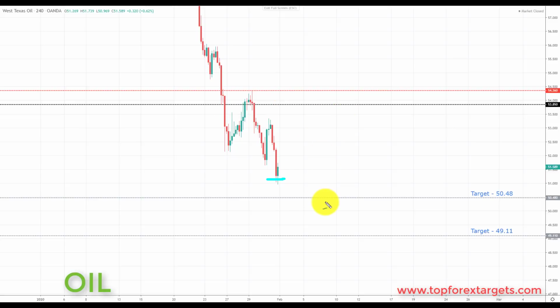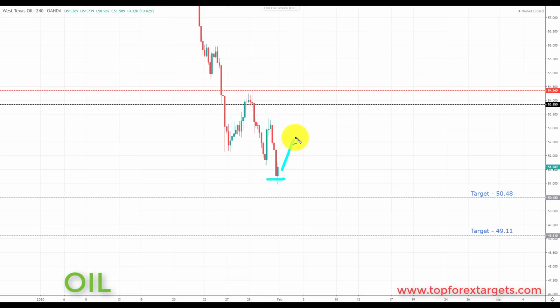This market is structured to the downside, and we're also seeing this sell-off in oil again due to a perceived or expected lack of demand, or lower demand, coming out of China. Oil as a commodity, as well as copper, is generally considered a barometer of the health of the global economy, and this is why we're seeing a decline in the price of oil. So very simply put, going into next week, and of course this will also affect the Canadian dollar, we are looking for declines to the downside.